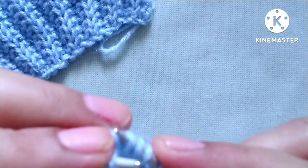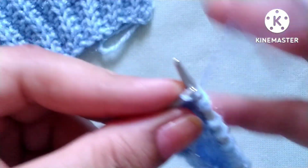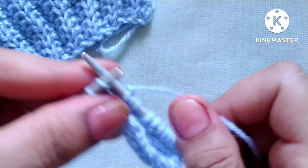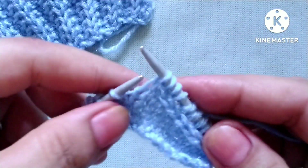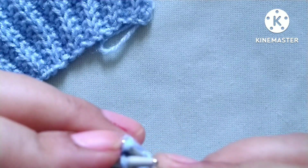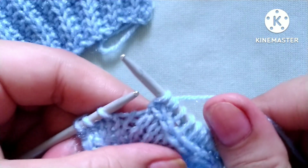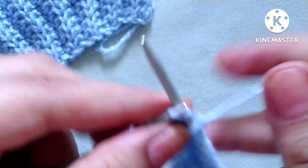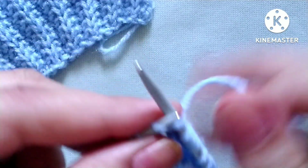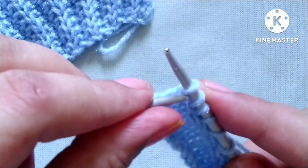This stitch in front and first here like this. Knit 1, then bring this stitch in front position and knit this again like this. Again knit 1 stitch, bring this